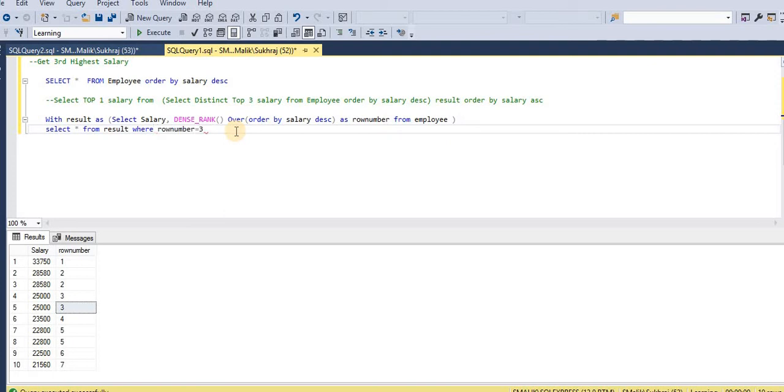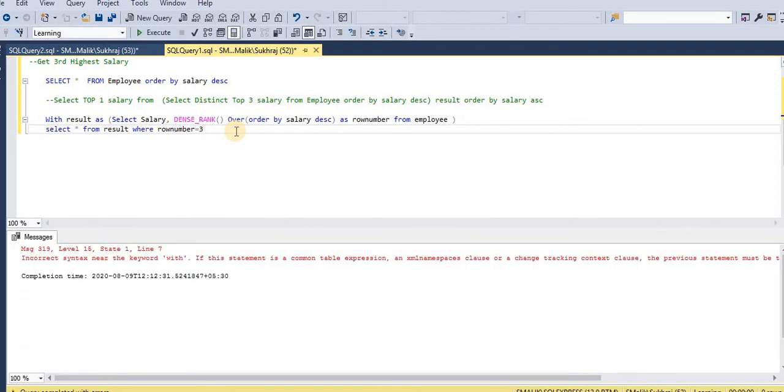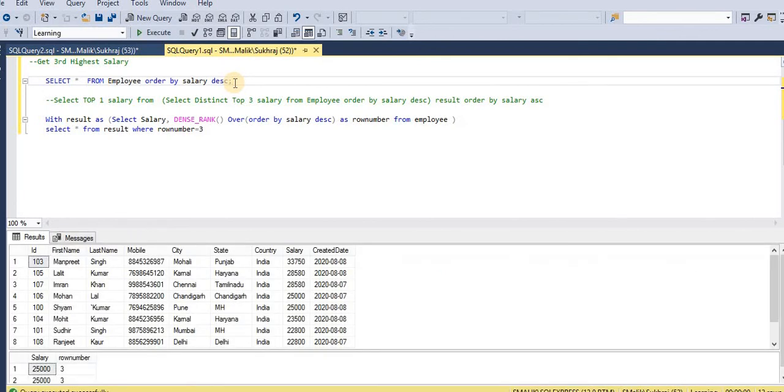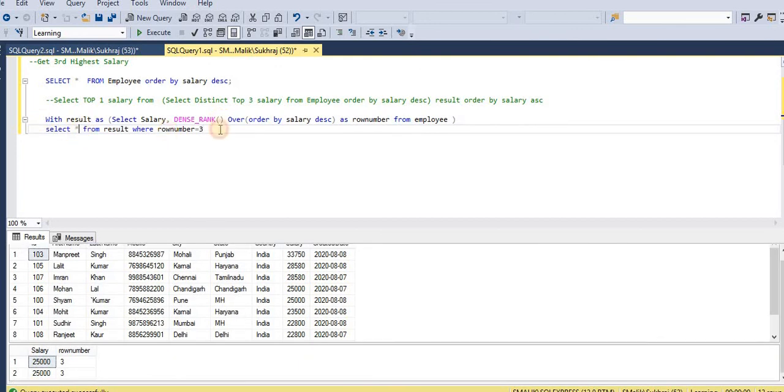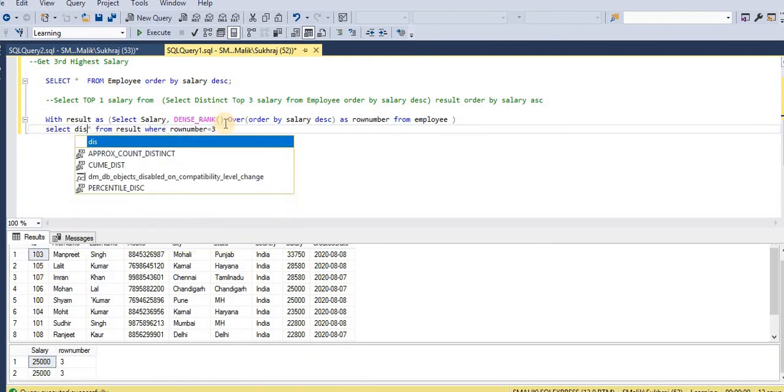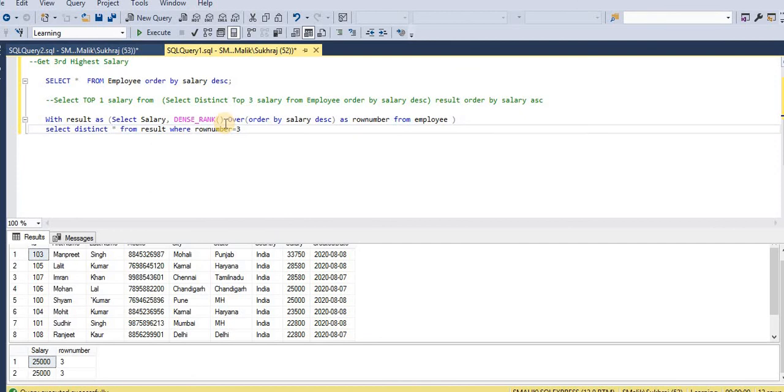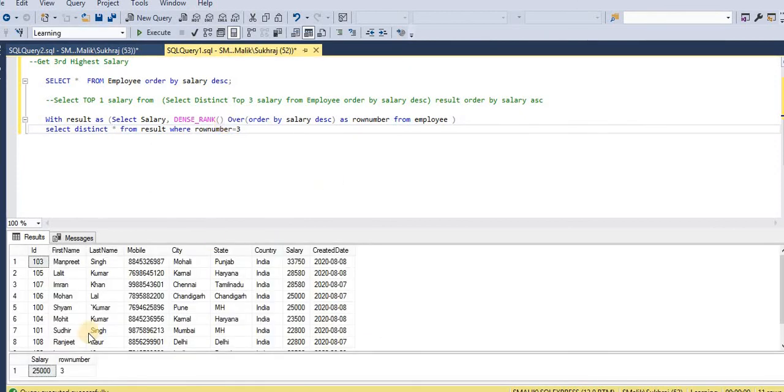For now we have 3, so just execute it. What is the error? Okay, see here, just use the distinct outside. Now we got the third highest salary here.